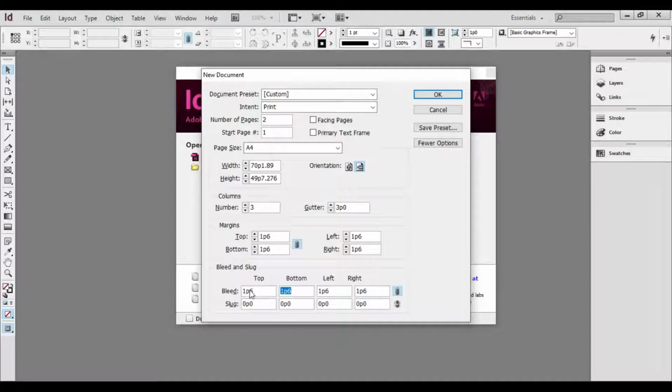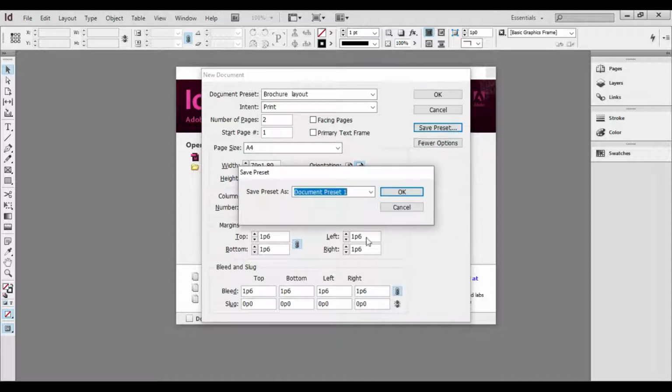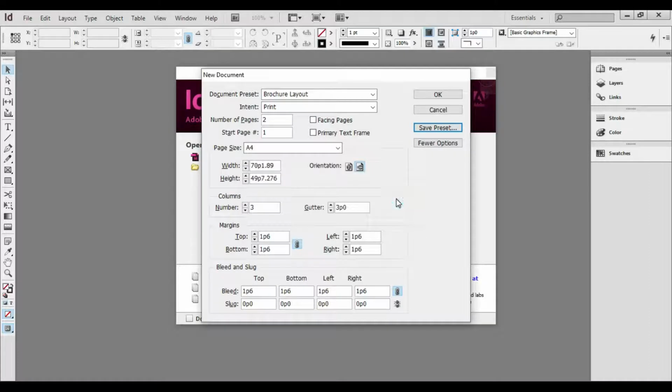You have the basic settings done. Also, you can save this preset if you want to use this preset later on. So click on Save Preset and you can save it as Brochure Layout and click on OK. So now you have the basic layout done.